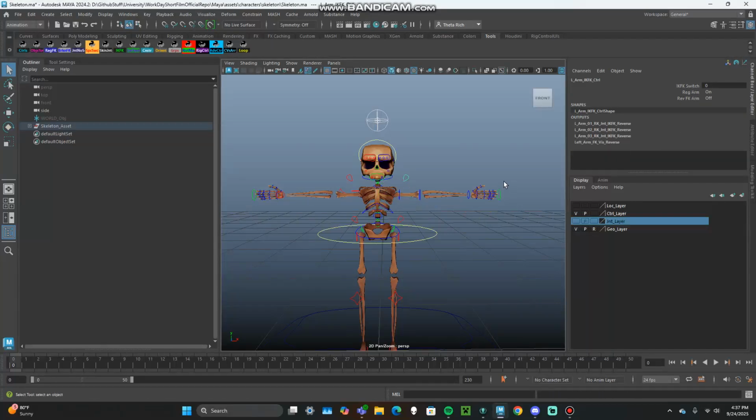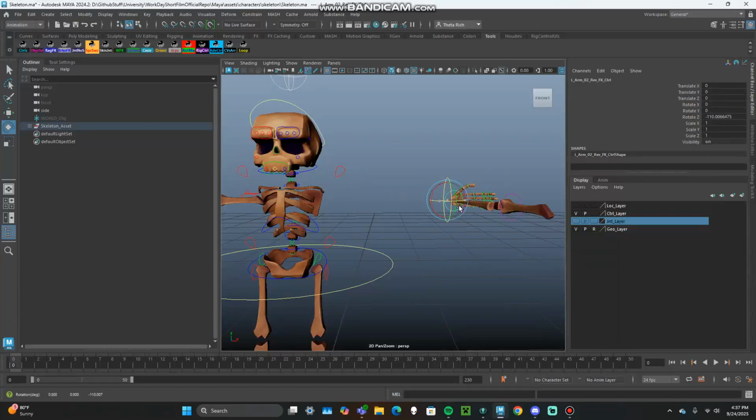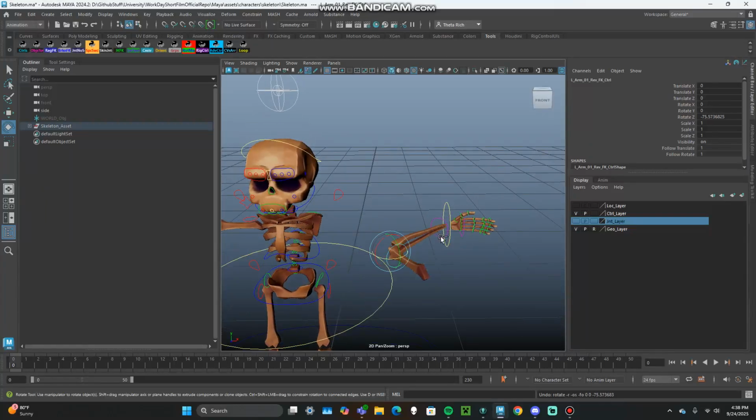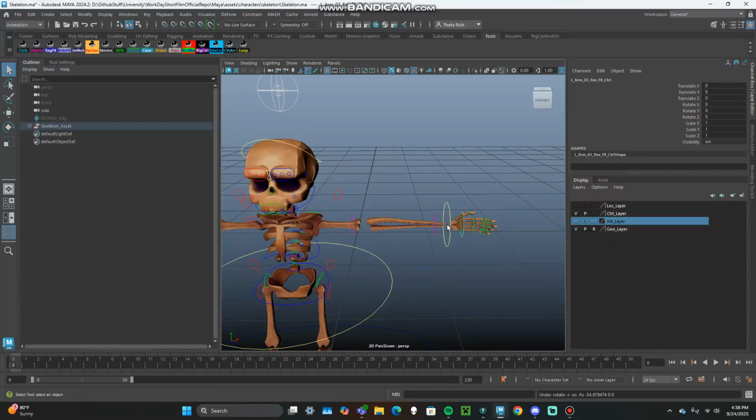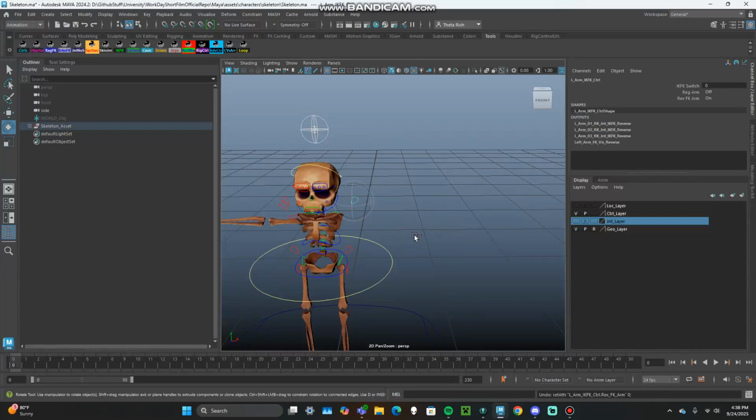But if you ever wanted to grab the arm by the wrist and swing everything else around, then you could turn off the regular arm, and you could turn on this reverse FK arm. And this one, as you'll notice, goes from the wrist out, right? Ignore the flipping there. That's just a little bit of weirdness. So this could be helpful for, you know, if you ever want to grab it by the wrist and swing it around the other way, then you can do that. Anyways,